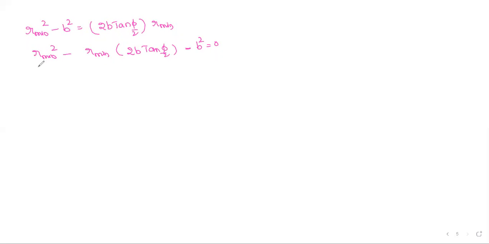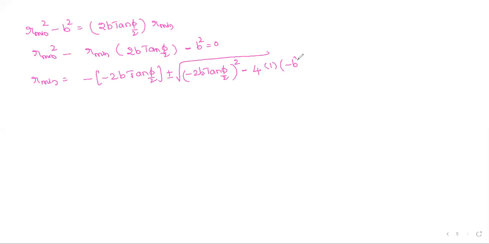the ax square plus bx plus c. So to find the roots of that, x means r minimum, here we use minus b, minus b is minus of 2b tan phi by 2, plus or minus root of b square. B square means minus 2b tan phi by 2 whole square minus 4a. A is 1 here, 4a. C is minus b square, whole divided by 2a. A is 1. So all together you are getting 2b tan phi by 2 plus or minus